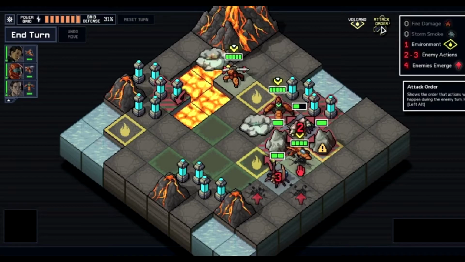But after you see it a few times, you'll get the general idea that everything in the environment's happening first, then the enemies, and then new enemies emerge. So you only need to check the attack order if you're trying to have specific timing for when you're interacting with different enemies. Into the Breach is a strategy game, first and foremost. So if it doesn't present the information for the players to make decisions in a strategic manner, then it really starts undercutting itself as a